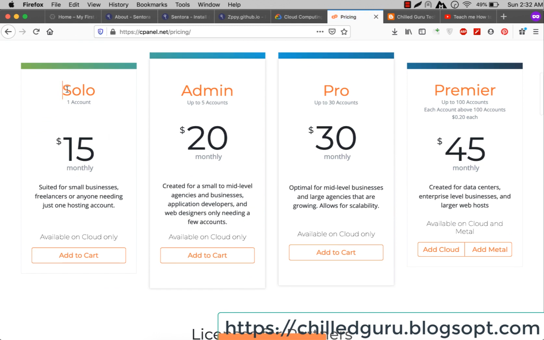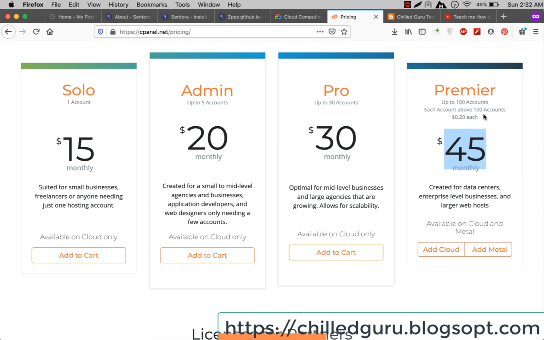If you want to host a single site, you need to pay $15 monthly, and if you want to host 15 sites, you need to pay $20, and same for 30 accounts, you need to pay $30. And Premier is for up to 100 accounts, you'll be charged $45 for a month, and